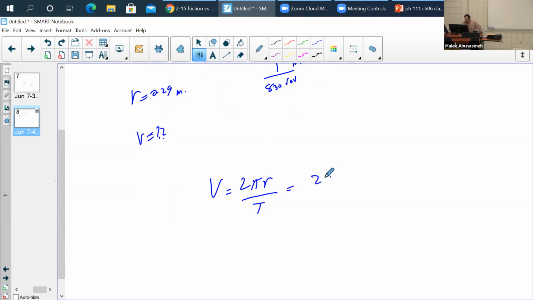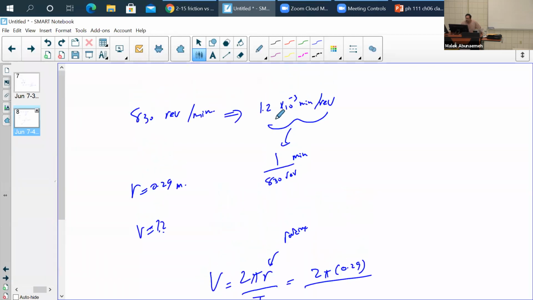So it'd be 2 pi multiplied by r, which is 0.29, but we don't have the time, t. Well, we said t, every circle revolution, is 1.2 times 10 to the negative 3 minutes. So that's our time, which if we divide it